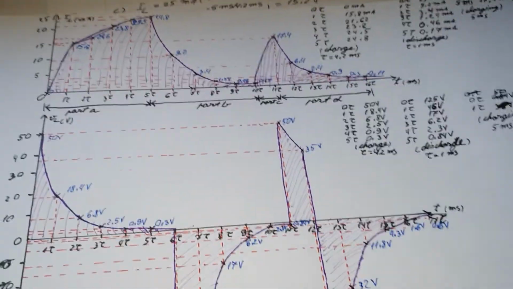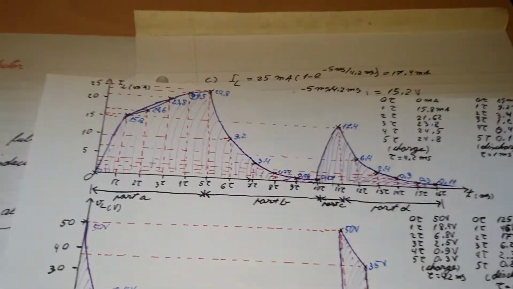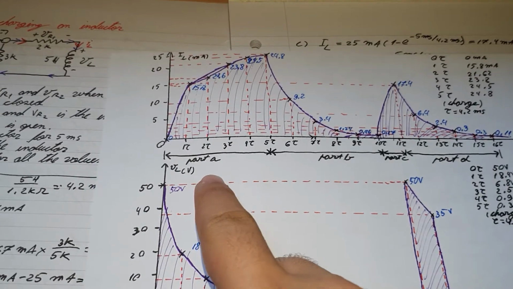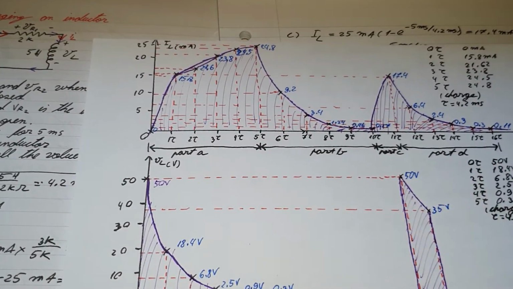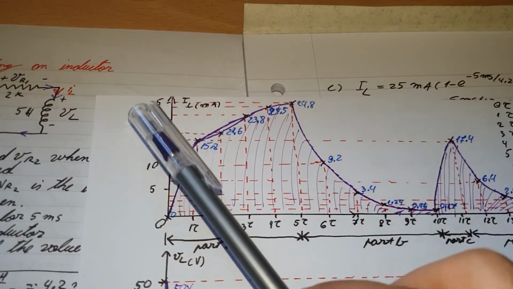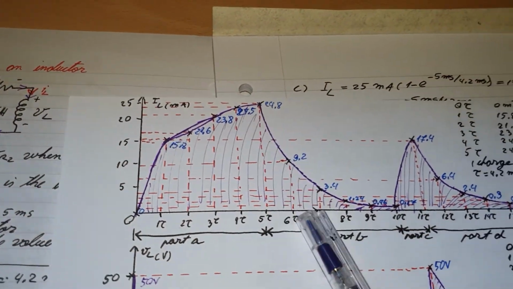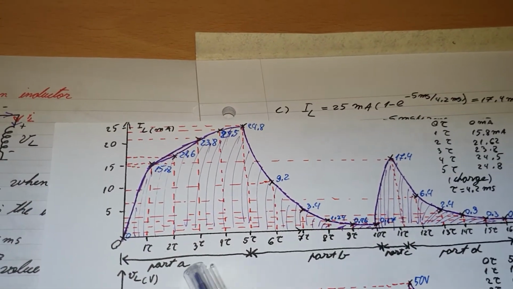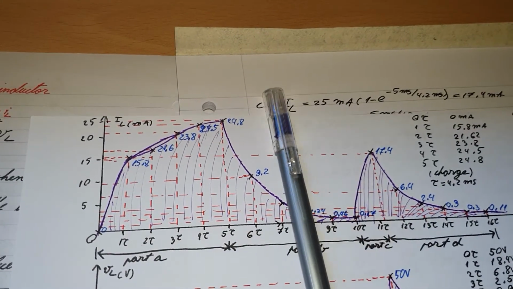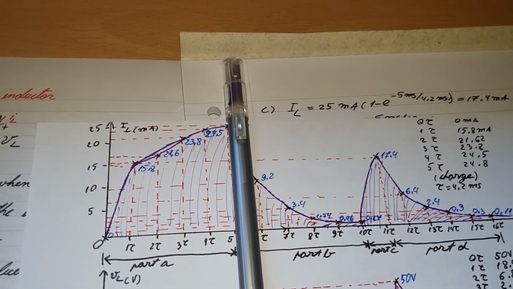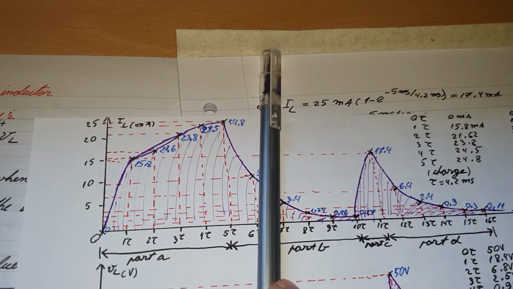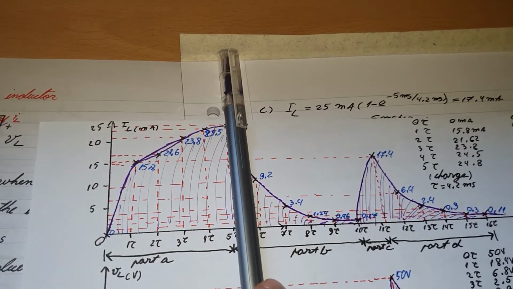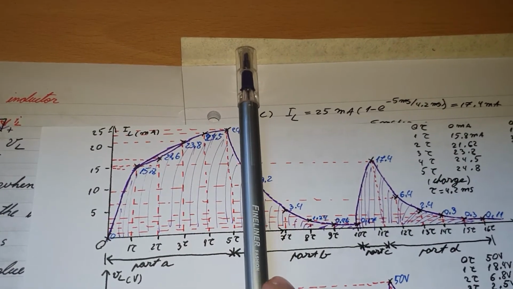Okay, and here is the graph for it. So we isolate them. This is part A, part B, part C, part D. We'll use this pencil to separate them. So this will be the current, and this is the span of time. When it charges up, it will go from 0 all the way to 24.8, so almost at the top of maximum current.